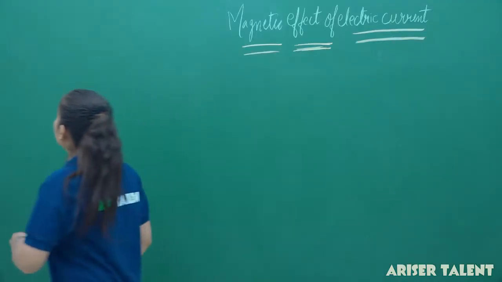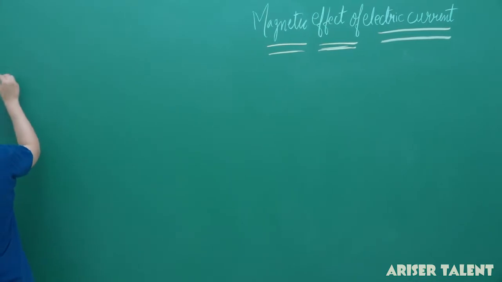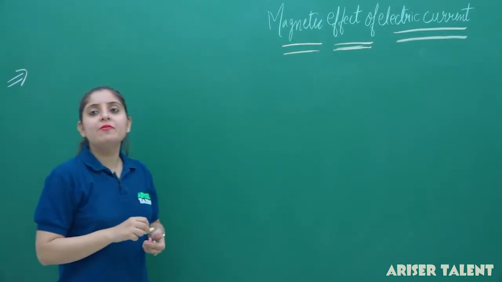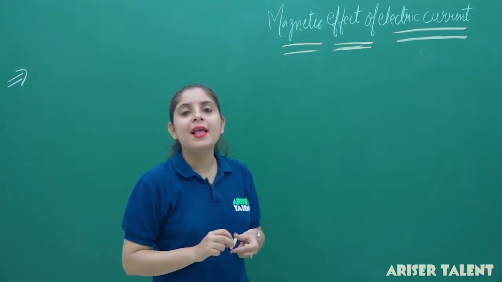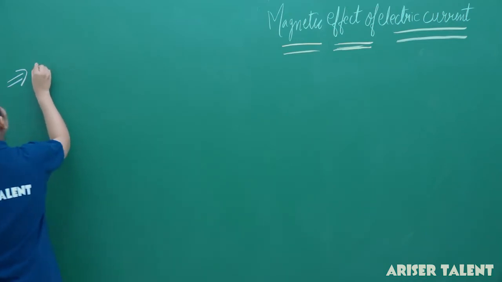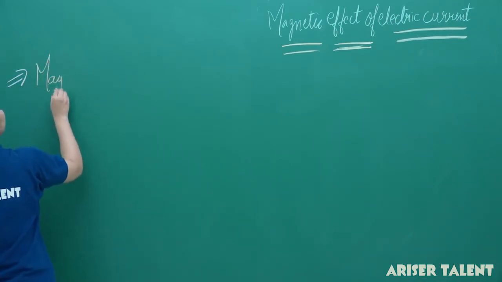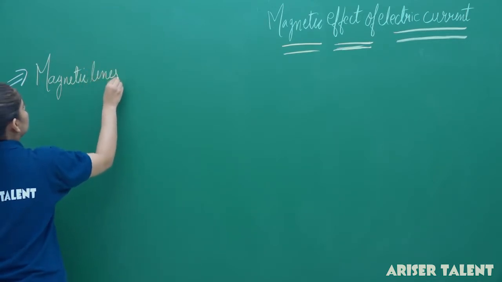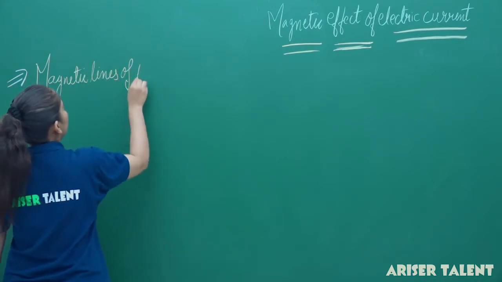Now you will calculate how the magnetic field is obtained in the case of the straight wire, in the case of the circular coil, and in the case of the solenoid. So in today's lecture, we are going to determine the magnetic lines of force,